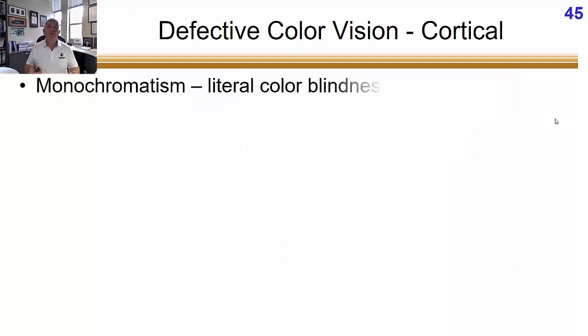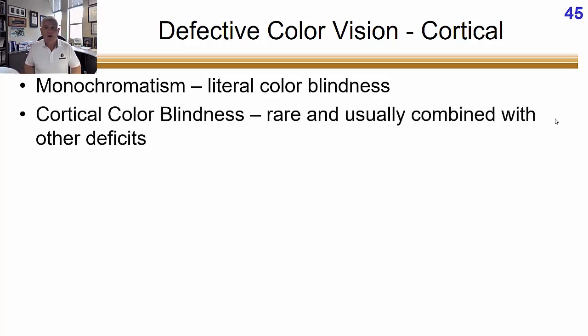All right, we can also have cortical deficits in color vision. You could have monochromatism, which would be literal color blindness, only being able to see in shades of gray, right? That's a very rare disorder.